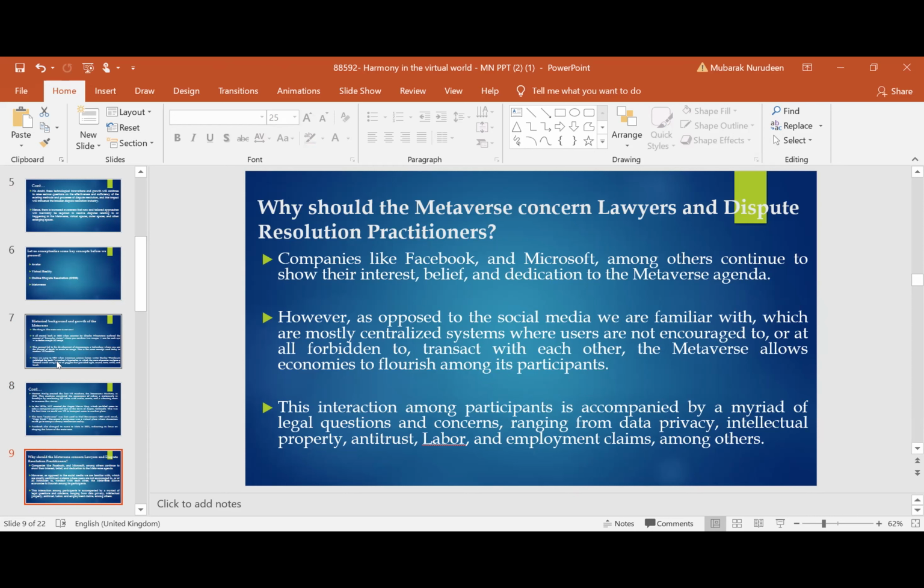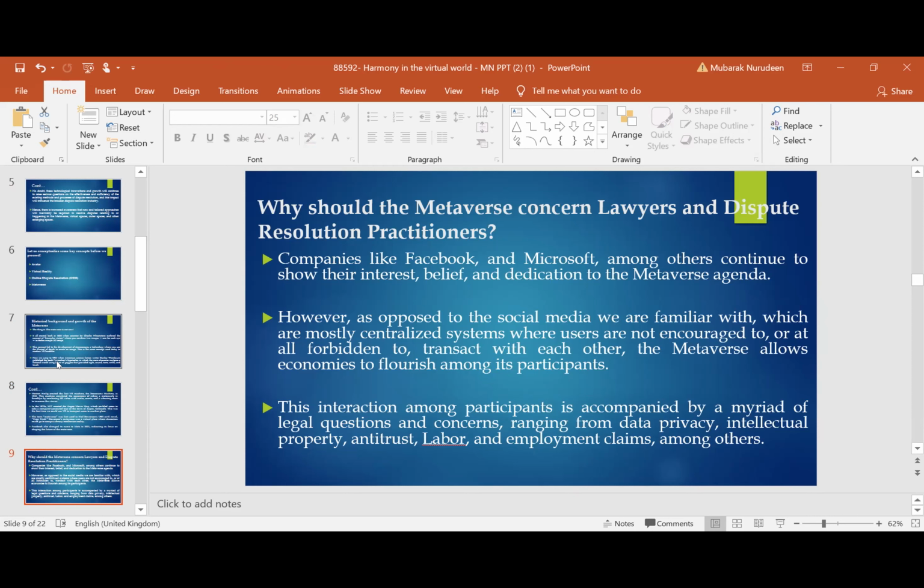And now the question that we begin to ask ourselves again is, how are disputes that arise in the metaverse going to be resolved? Are our laws capable of providing remedy to a person whose rights have been aggrieved in the metaverse? Do our judges possess the requisite technological expertise and know-how to be able to adjudicate this kind of dispute? So that is where we as dispute resolution practitioners come in, and that is exactly why